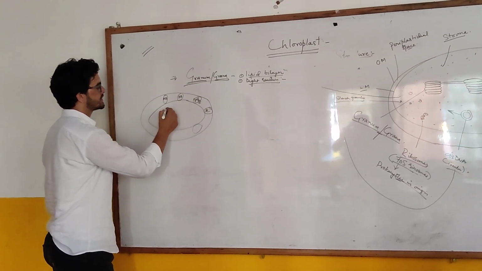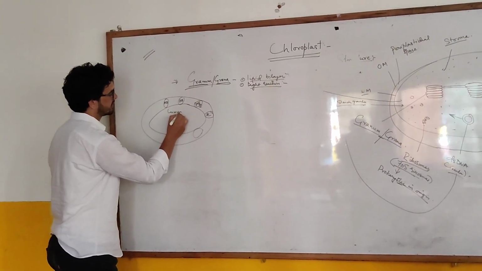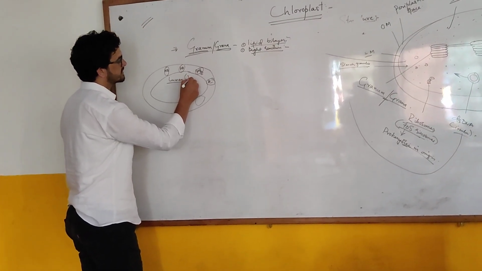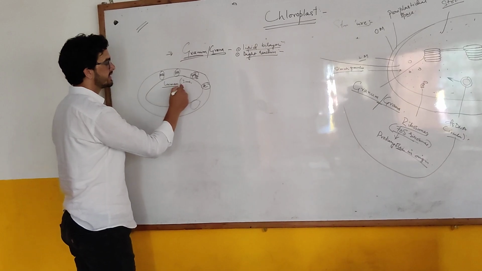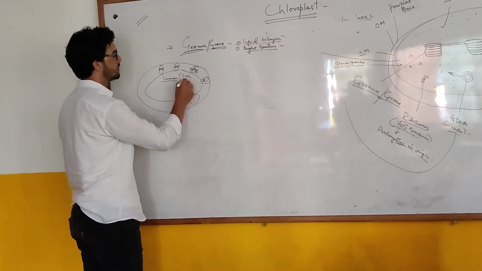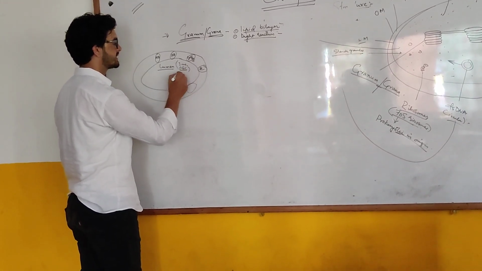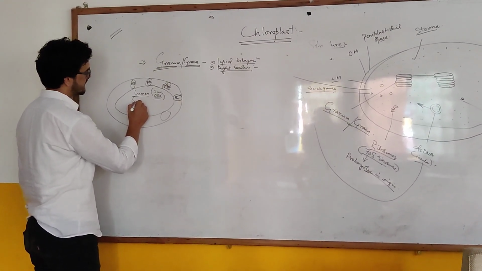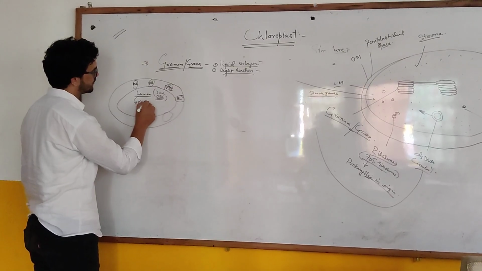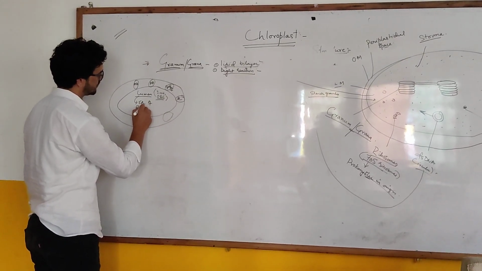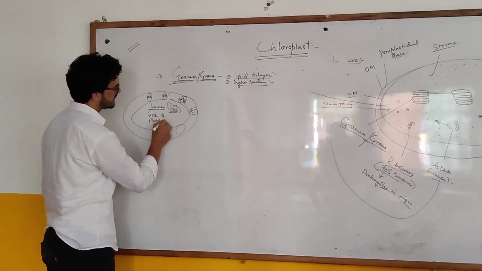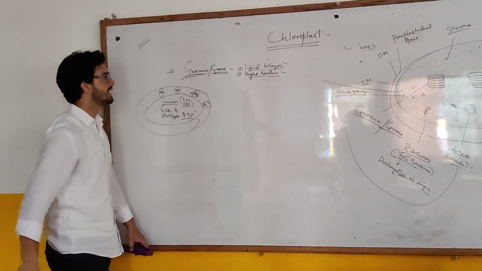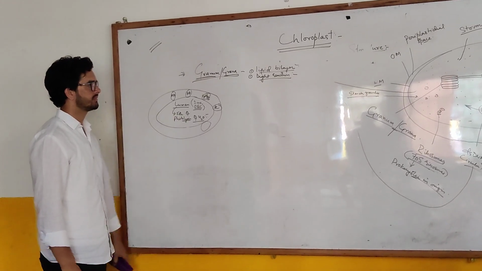And inside this thylakoid is a space which is known as the lumen. Inside this lumen there are various ions, fine, and there is the oxygen evolving complex which helps in the photolysis of water. This lumen is actually the site of photolysis of water. Actually the lysis of water occurs here. Fine? This lumen.